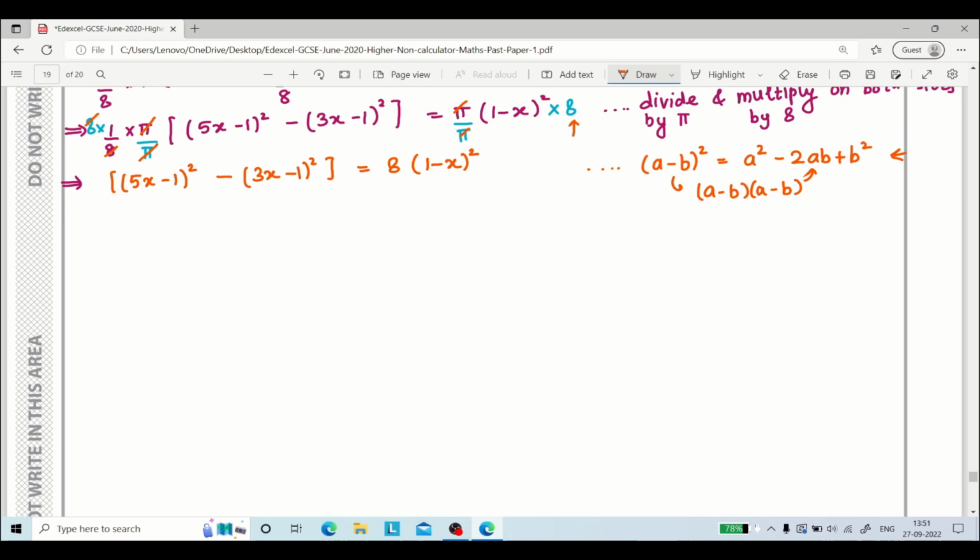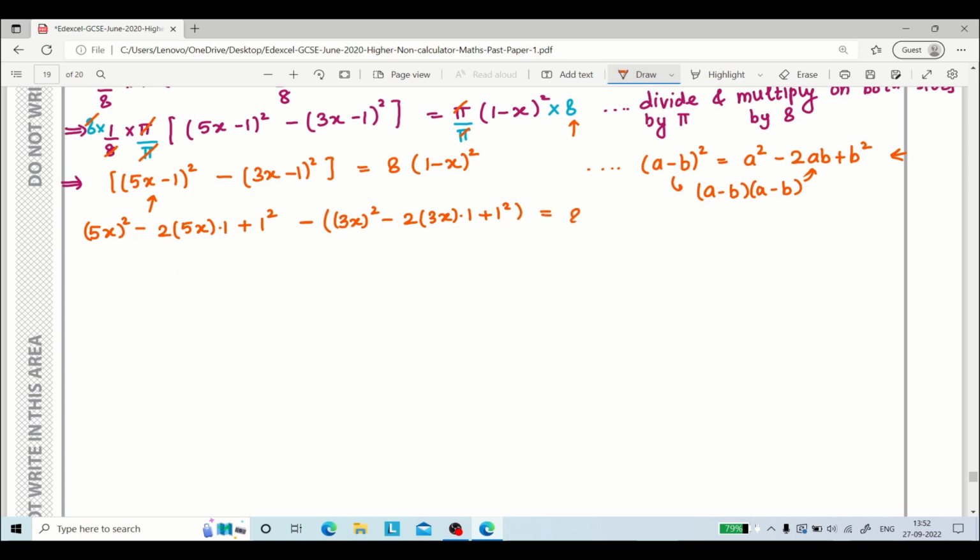So yes, I'm opening up the brackets, starting with (a - b) whole square. So starting with (5x) whole square minus 2ab, which means 5x into 1, into 1 is nothing but, I'll write it down for a safer side so you don't get confused, plus 1 square. 1 square is always going to be 1, right? Minus. Now I'll still have to keep the brackets. Why? Because it's minus, and when we open up the brackets, the signs will change. So this is (3x) whole square minus 2 into 3x into 1 plus 1 square